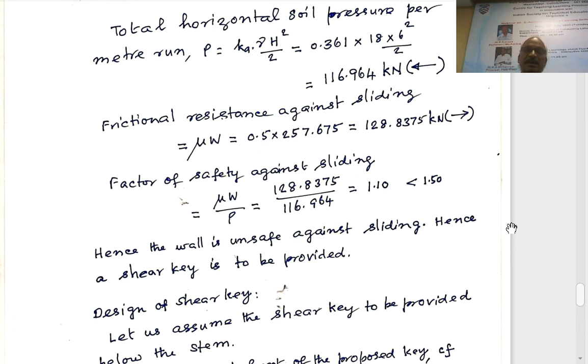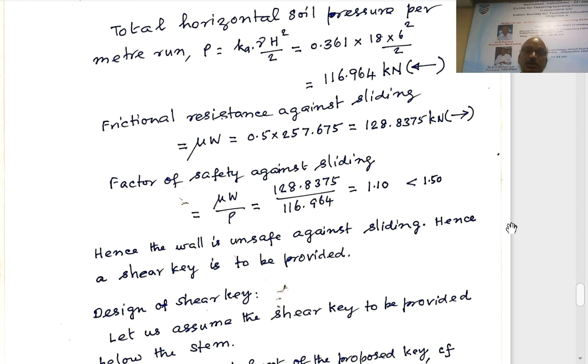So we have to provide additional safety. Additional safety means you provide one key slab, that is below the stem or at the end. When you provide a key slab, if at all the wall has to slide towards the left, it has to slide along with the wall and the height of earth to that. Suppose you provide 300 mm as the height of the key slab, the wall will have to slide along with the 300 mm height of earth below the base slab. So that will cause additional safety. That is the concept that is involved.